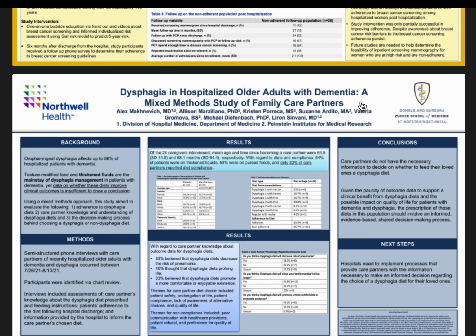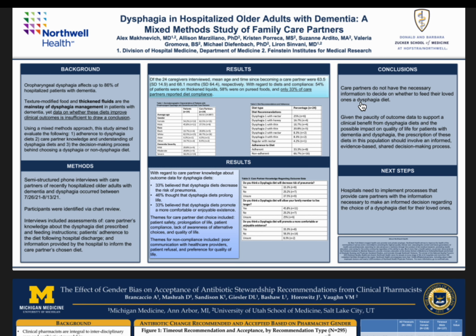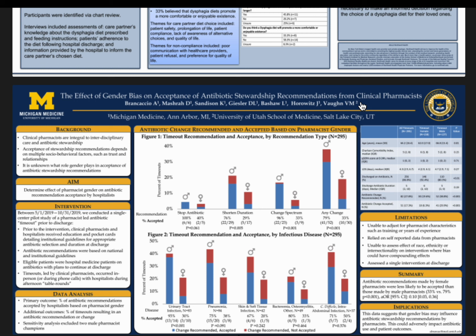So I'm going to recommend an alternative such as a G tube, gastrostomy tube. And to do that, you have to have a conversation. You have to have a good way to deliver this message to the family, getting them to say, yes, this is something that we would like for my mother. This is something that seems appropriate and in line with her goals of care. Goals of care. You talk about palliative care with them, as dysphagia is a limiting factor for the recovery, for the quality of life. The next one is the effect of gender bias on acceptance of antibiotic stewardship recommendations from